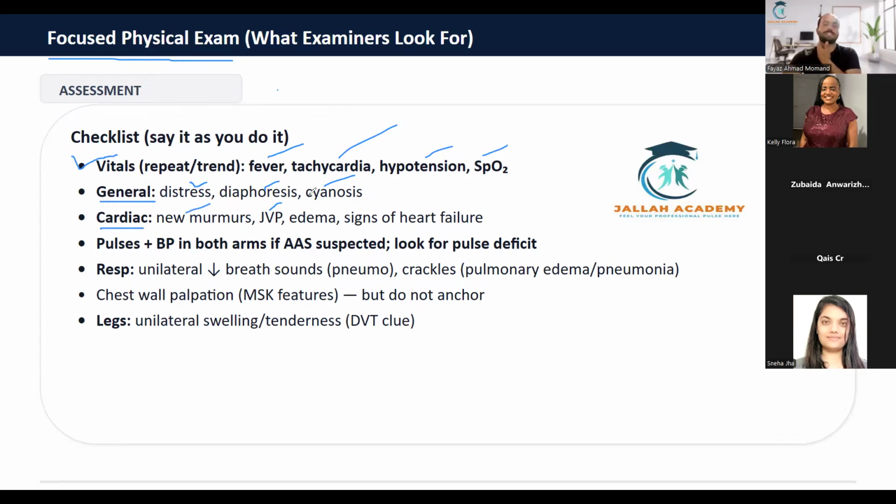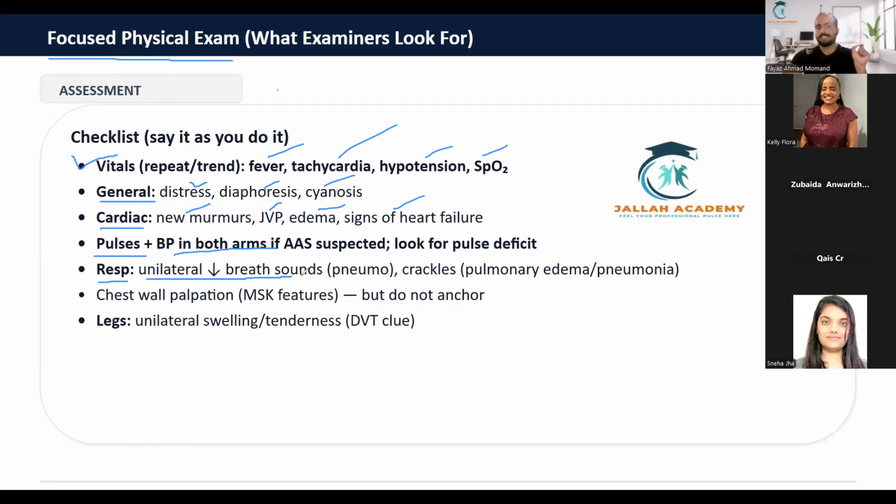Cardiac exam, look for new murmurs. Jugular vein pressure, is it elevated or not? Look for new edema or signs of heart failure. Check pulses on both arms if you suspect acute aortic syndrome, and look for deficit in the pulses. Respiratory,